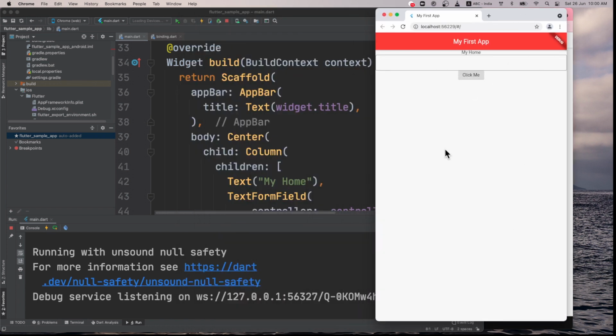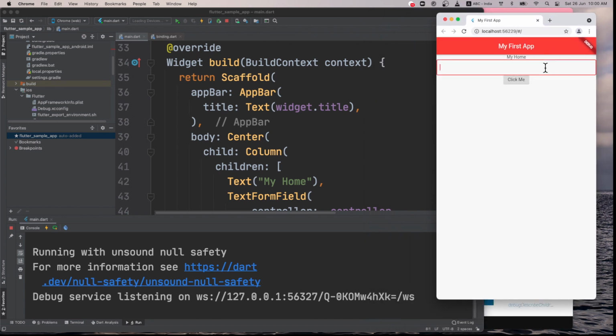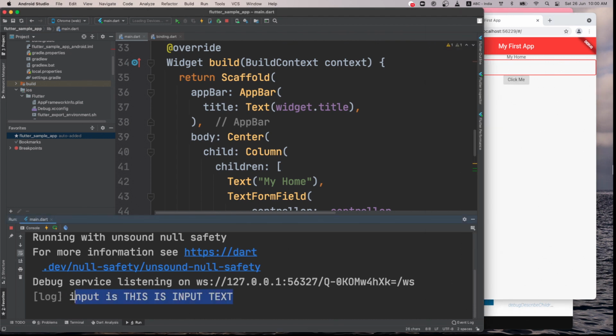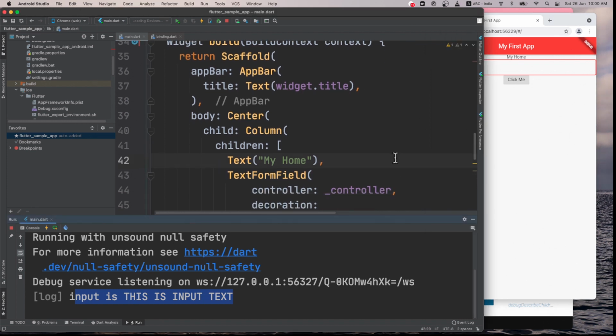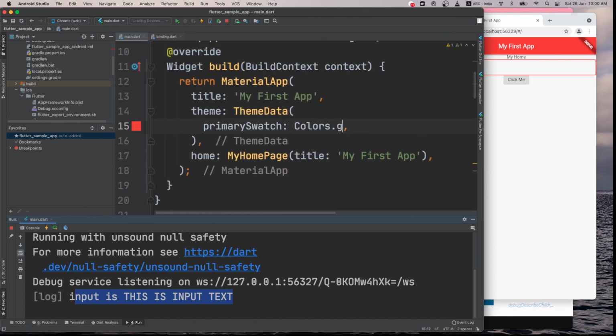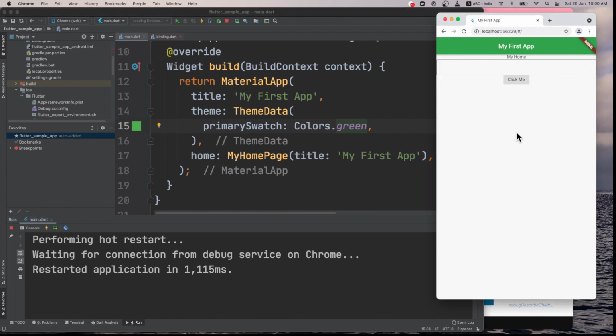So the same thing is running on web also. So you have to build only one time, and this is the input text, and I click on this, it will run here. To run this you don't need any kind of phone, you can run it in the browser, and the same UI will appear here as well. And you can change it the same way, from red to green or any other color, and just save it, it will reflect here like this.